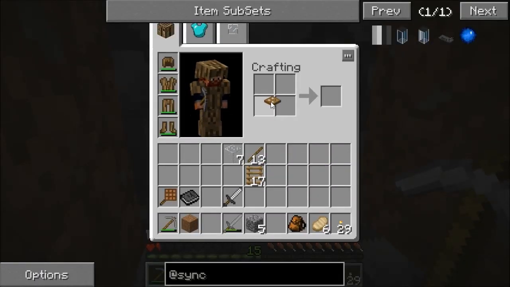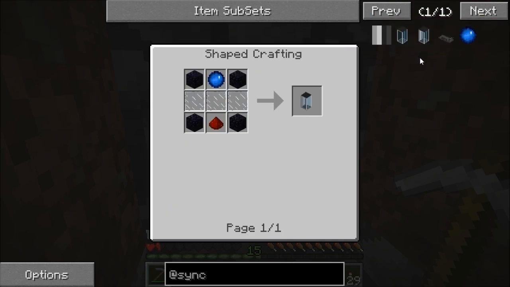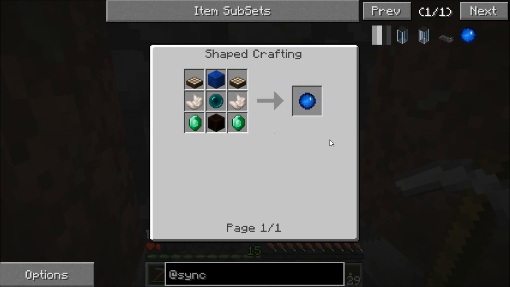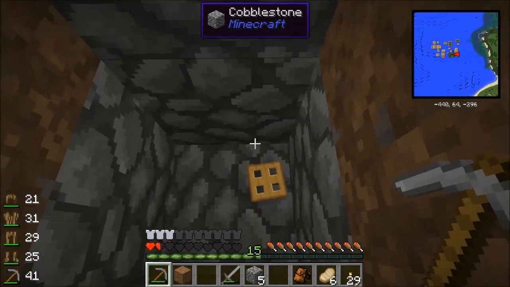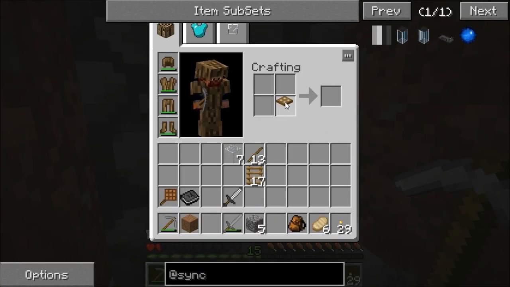First thing for a mod, I was checking out Sink, by the way. Sink only has 4 things in it. There's a shell constructor that doesn't seem to have a recipe, there's a shell storage, there's a treadmill, and there's a sink core. So I'll look into that later on. I'm pretty sure that's from iChun. I think I've heard it mentioned on Direwolf's channel. Anyway, the first crafted thing that I'm going to make...